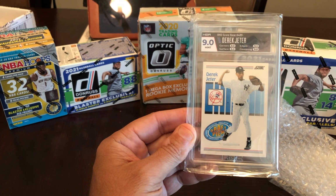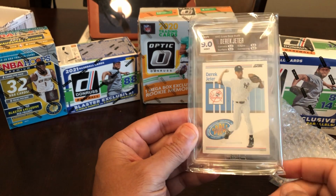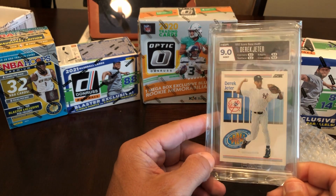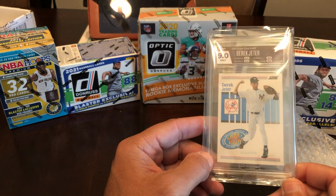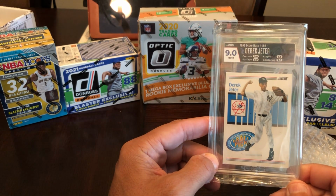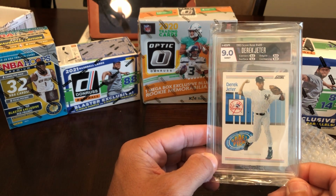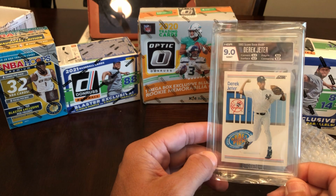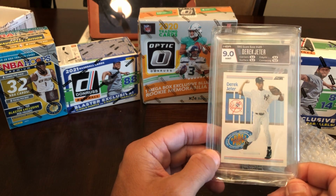He opened this and put it up for sale. If I recall correctly, I paid him about $40 for this card, 30 or 40 bucks if I remember correctly. And some of the guys were kind of giving him some grief that the card was not a PSA 9 or 10. He had hoped it would be a PSA 10. I knew the centering was a little off, and the corners actually scored a